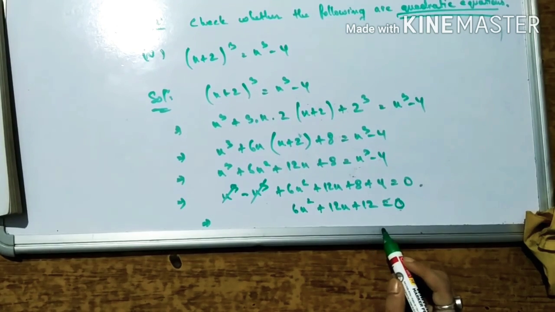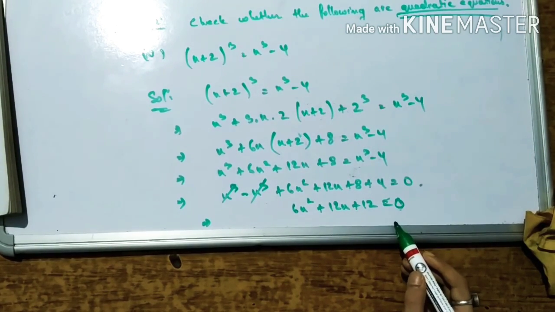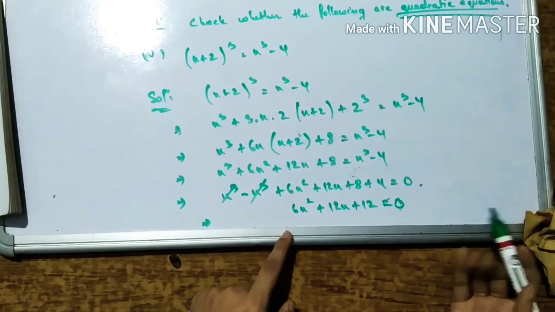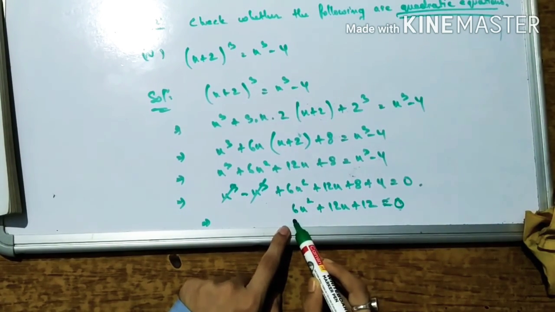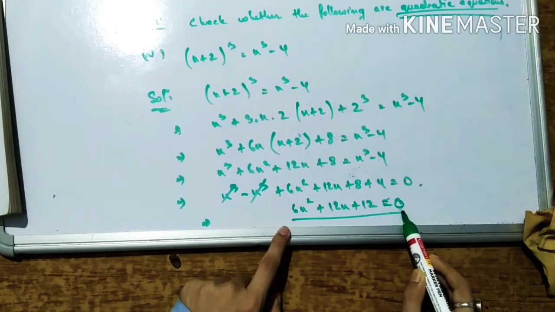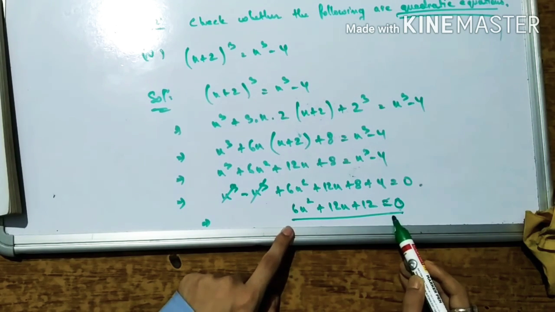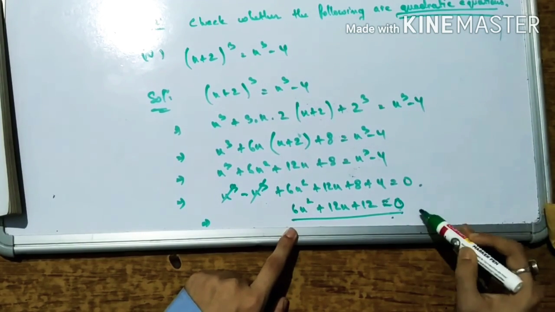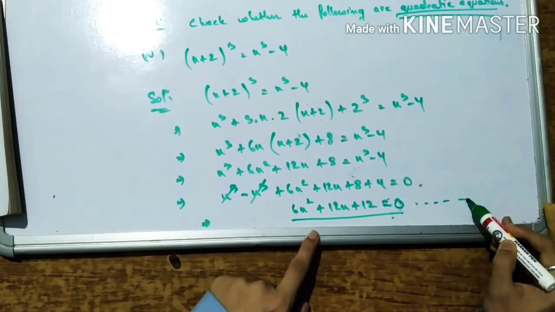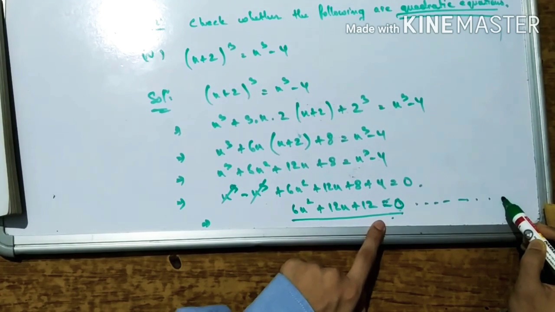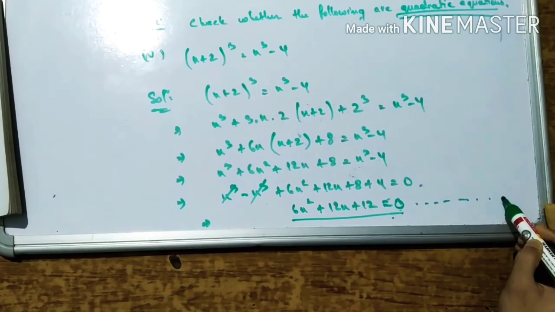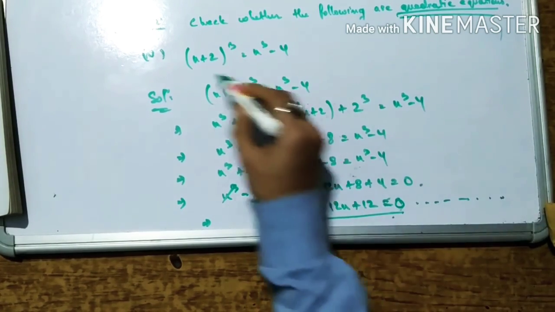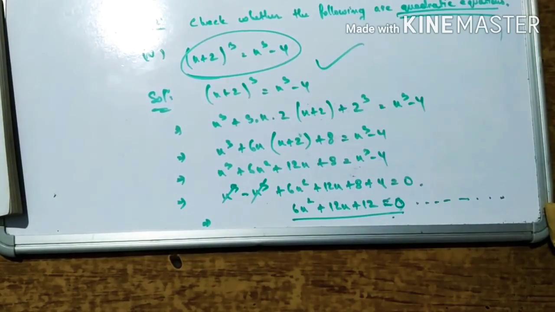Now this one you see, I can either keep this equation in this way because already I have brought it in the form of ax square plus bx plus c is equal to 0. You can either keep this equation in this form, and you can write that it is of the form ax square plus bx plus c is equal to 0 here. Therefore, the given equation is a quadratic equation.